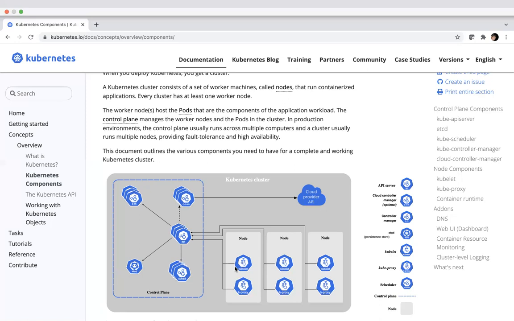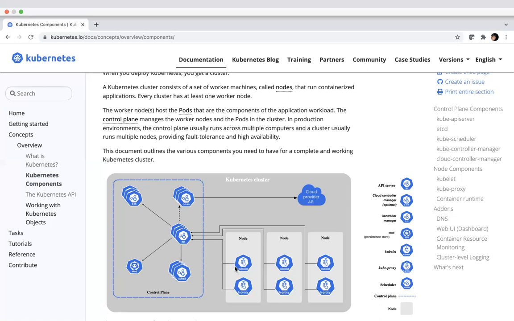So kubelet interacts with the container runtime on one side and API server on the other side. So whenever the scheduler is asking API server to schedule a container on some particular node, it eventually will be redirected to the kubelet, and kubelet will then interact with the container runtime to schedule the pod on that particular worker node.